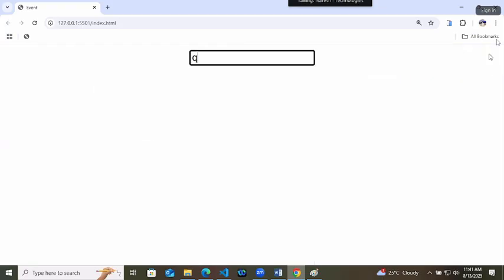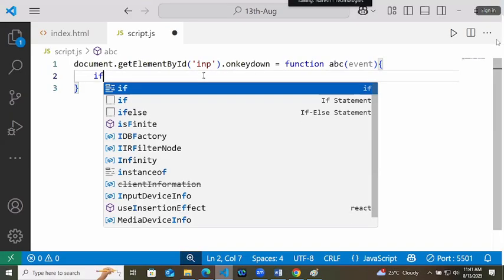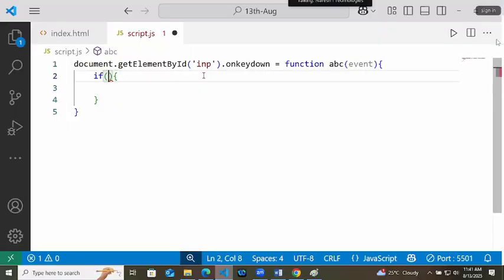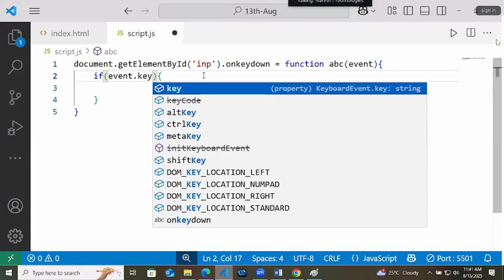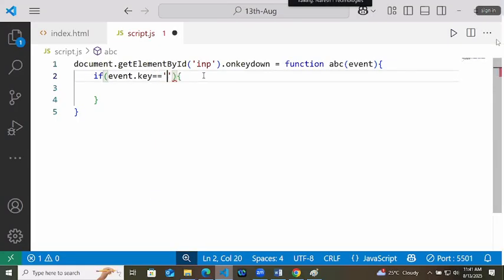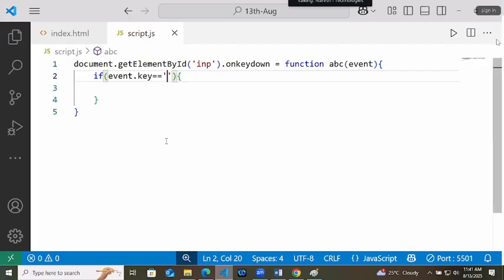So what we need is that this section should add a task. So here at first I will check if event.key equals Enter. Enter is a string, and if you check properly, the E was capital. So if event.key equals Enter, meaning if the user is pressing the enter key, then do the same thing.